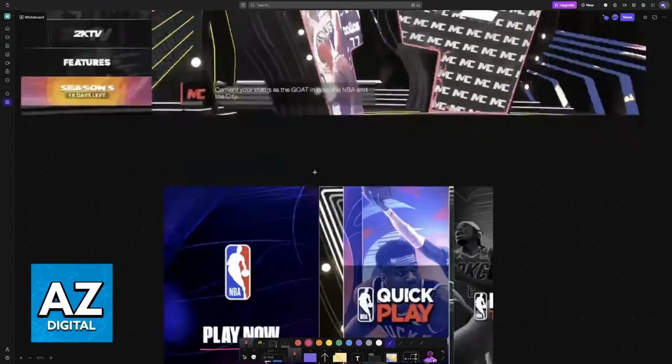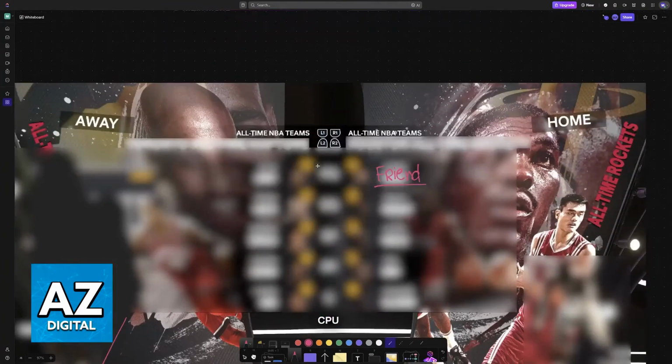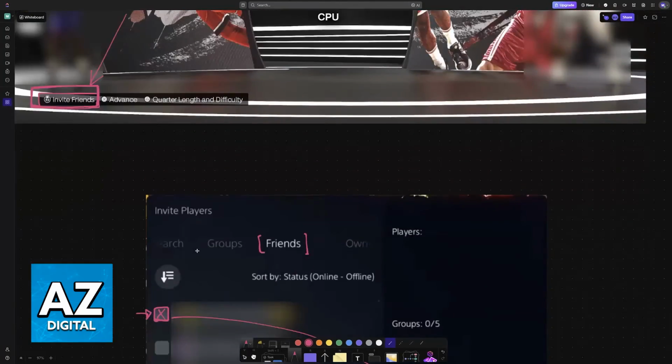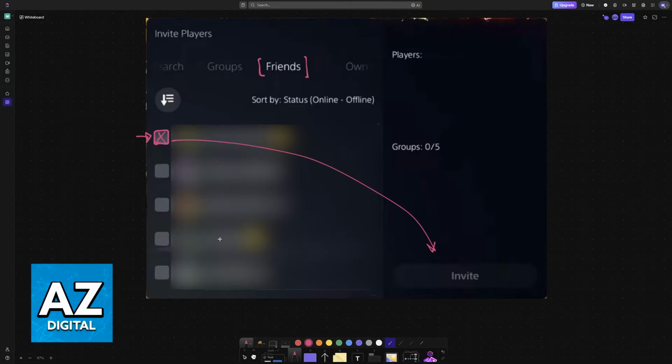It is by far the easiest option, and of course, assuming this doesn't work, your friend can try to invite you instead. As long as you look at the bottom left and you use the respective button to open the invite window, you will be able to do this, and it will work for any platform. Make sure that they are added on your friends list. So in this example here, both of you should be friends on the PlayStation Network, and as long as you have each other added, you will be able to get this done and start playing NBA 2K24.